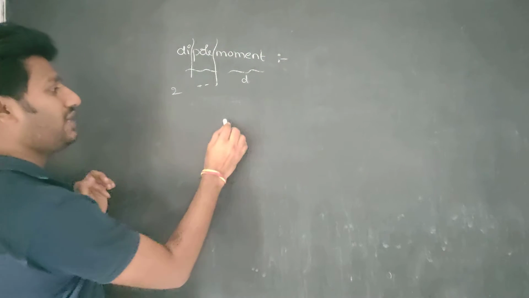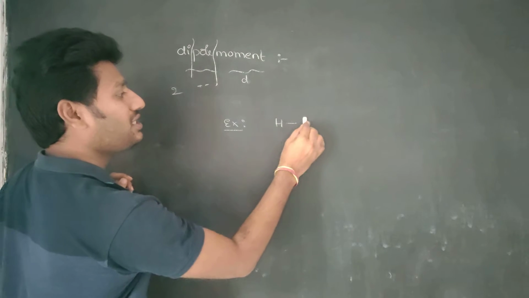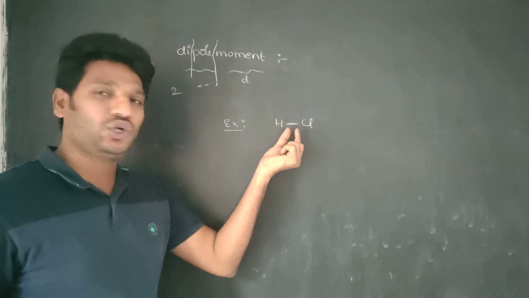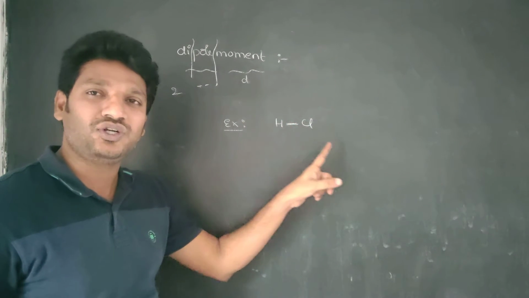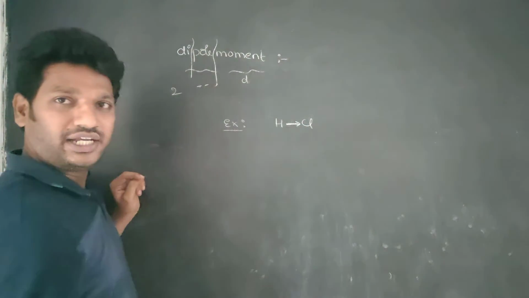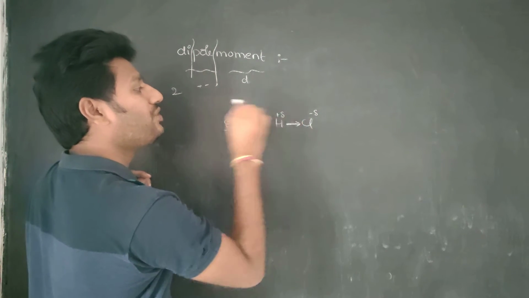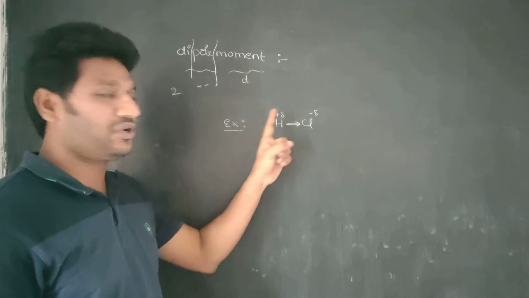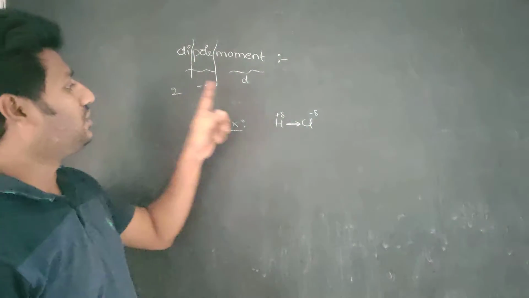Now I will take one example, HCl. In HCl, a bond is formed between the two atoms, that is, a covalent bond exists. This bond ultimately moves towards the chlorine atom, so the shared pair of electrons moves towards itself. So chlorine gets a negative charge and hydrogen gets a positive charge. A charge is developed, one is a cation and the other is an anion. That is a dipole.